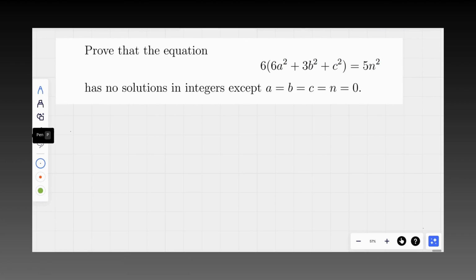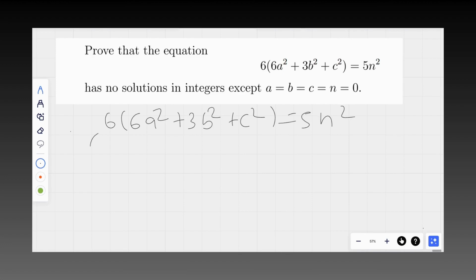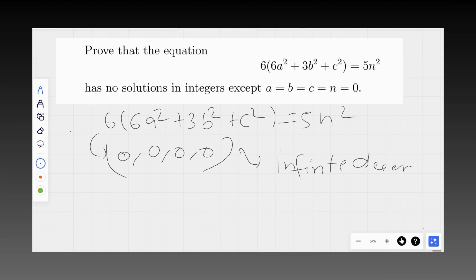Okay, the problem is 6 into 6a square plus 3b square plus c square is equal to 5n square, and we have to prove that 0, 0, 0, 0 is the only solution, and this goes to obviously infinite descent. And we will prove all a, b, c, d, sorry, n